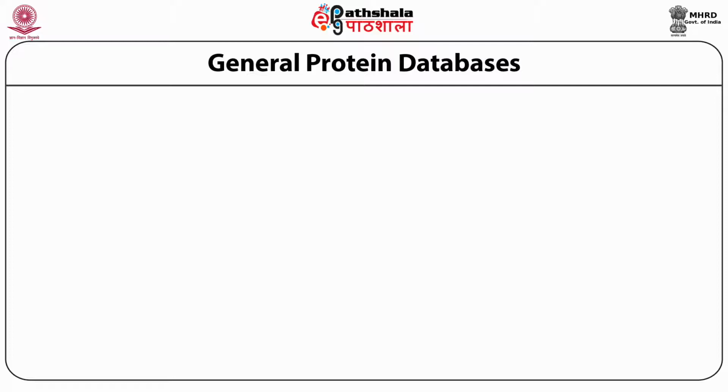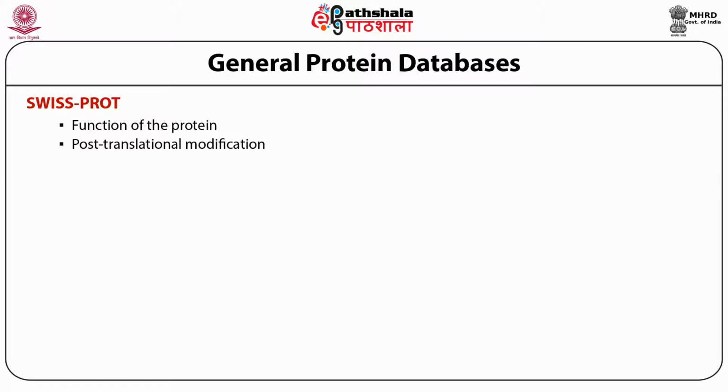We discussed the three major protein sequence databases, and these are all secondary databases. I will give you a brief description of SwissProt, which is a secondary database of protein sequences. It also contains information about the function of a protein. Apart from the sequence, it has many additional features. It gives an idea about post-translational modification, the regions where post-translational modification can occur, and to what extent it was there.